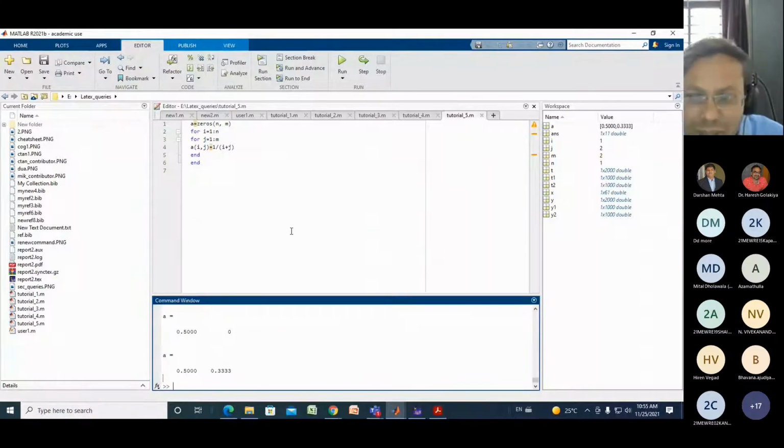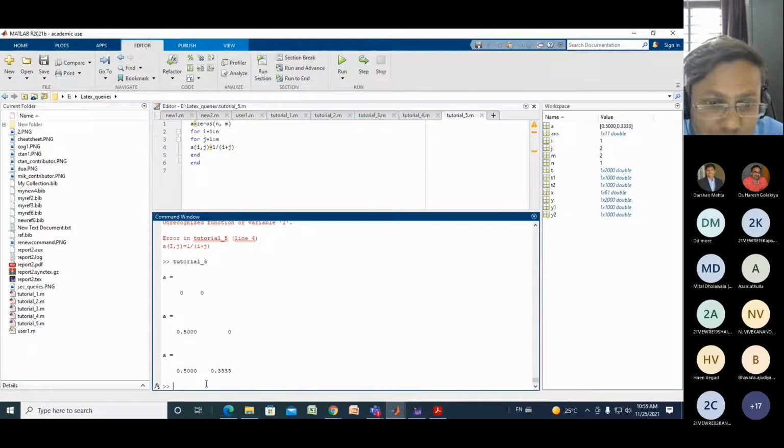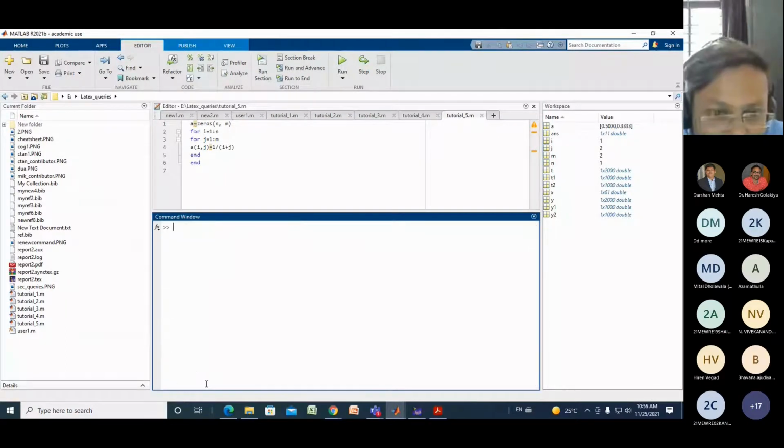Okay, so here you can see this is known as the command window. What is the function of a command window? In the command window you can write all these commands. The name suggests it itself: command. If you want to write any command or function, you can easily write it in the command window. Whatever you write in the command window, it will display the answer in the command window. This is known as the command prompt.